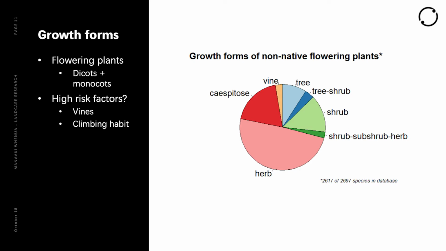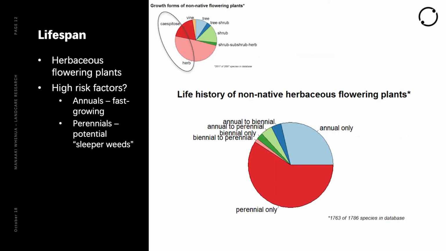And then focusing just on these herbaceous species, thinking a little bit about what their lifespan is. And here we have a lifespan ranging from annual through to biennial, or just potentially annual to perennial, and then all the way to only perennial. And interestingly enough, the majority of the herbaceous non-native flowering plants are actually perennial,